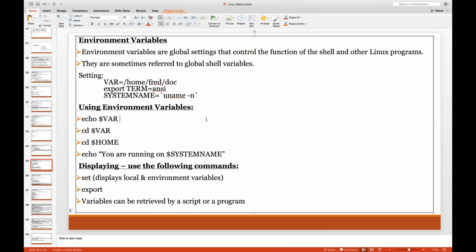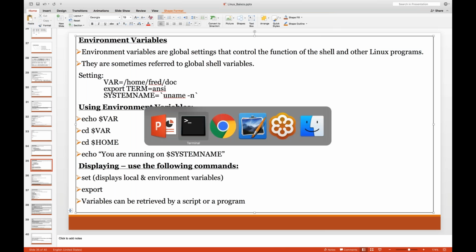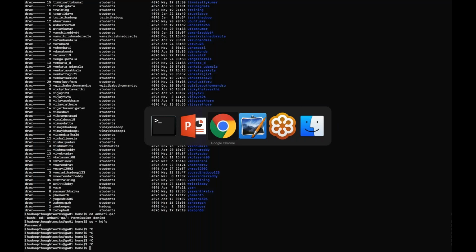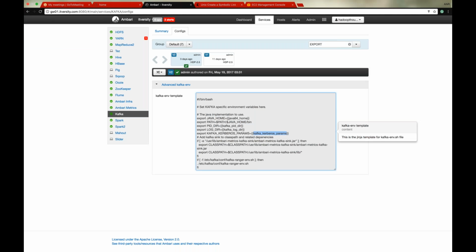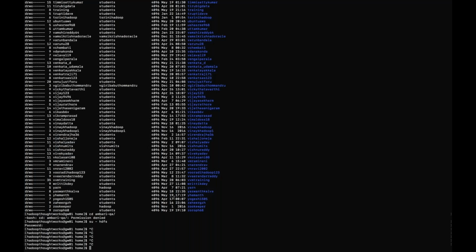Which directory does the environmental variable sit in? Is it under the home directory? No, not the home directory. What happens is, for example, if you see here, echo,